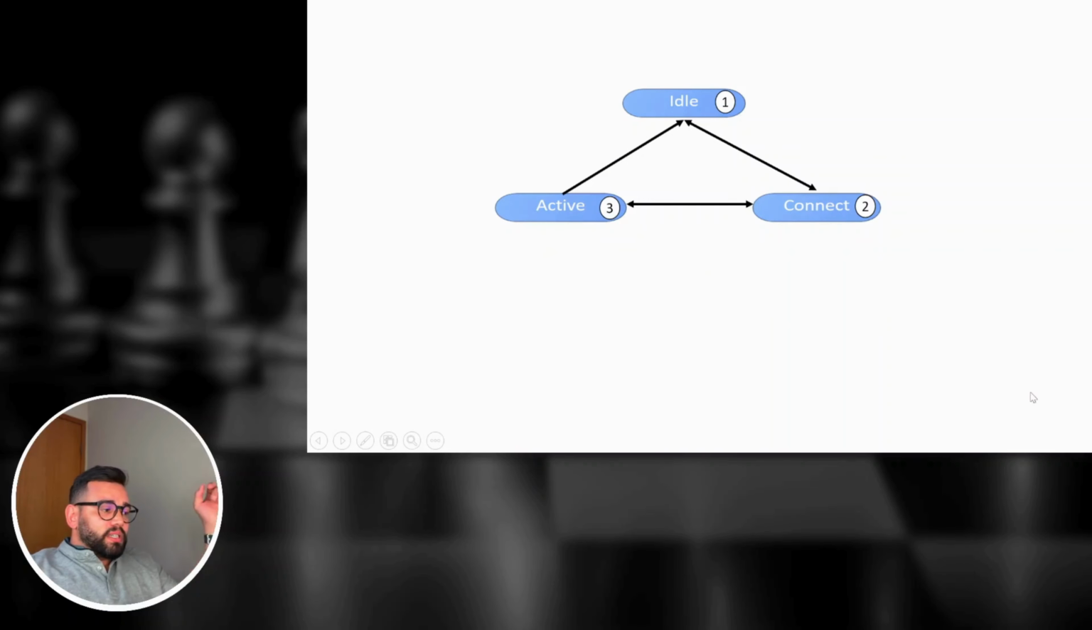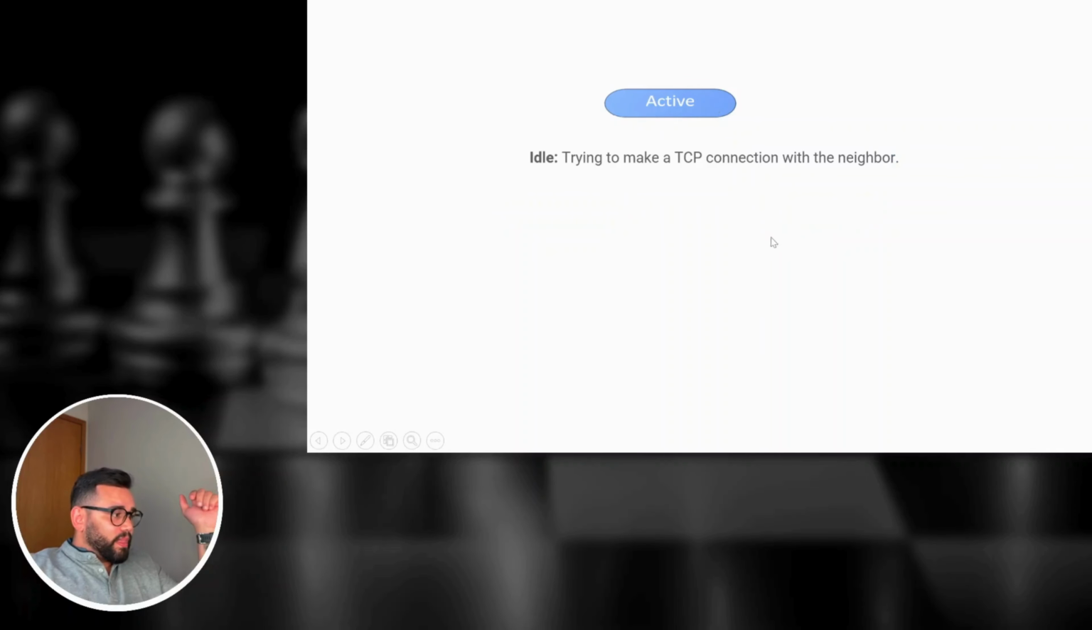Active mode, where BGP is actively trying to connect and negotiate all the parameters to proceed to the next step, trying to make TCP sessions with the neighbor. As I said,